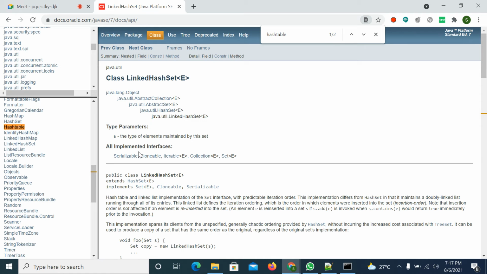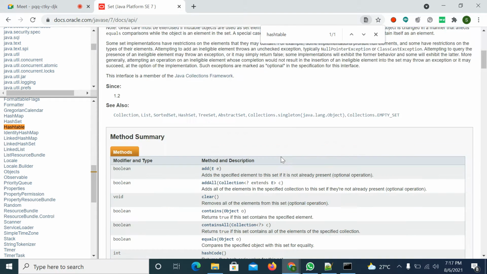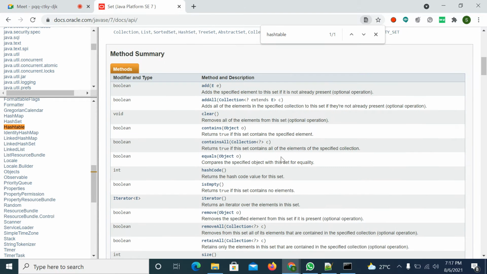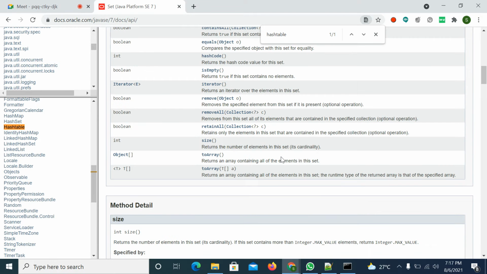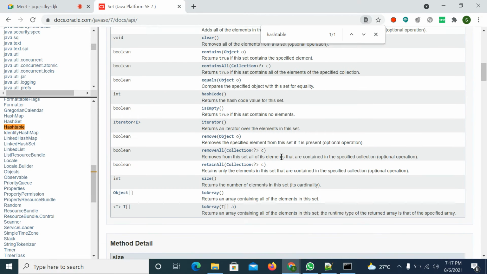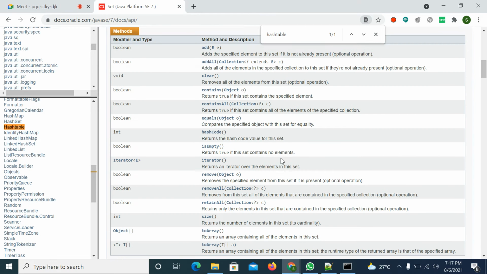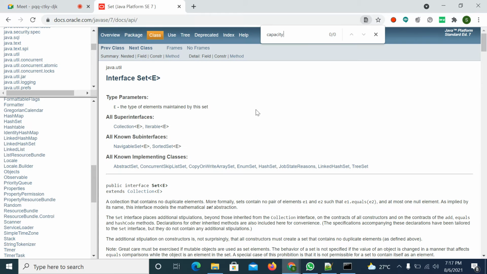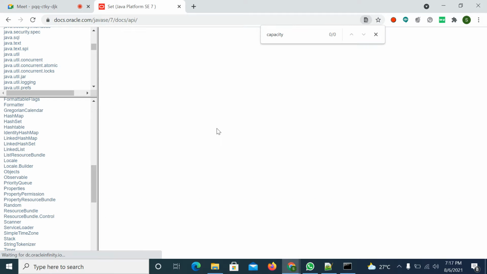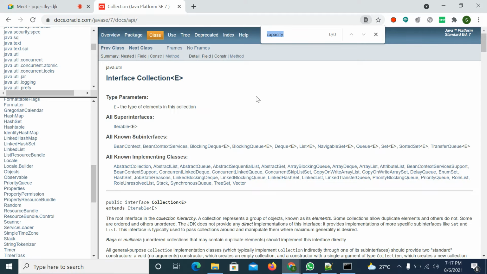It is implemented from which one? The collection interface. Set interface has its own methods, sorry, the set interface has methods like size, but is there any capacity method? No capacity method here, and the collection interface also has no capacity method.